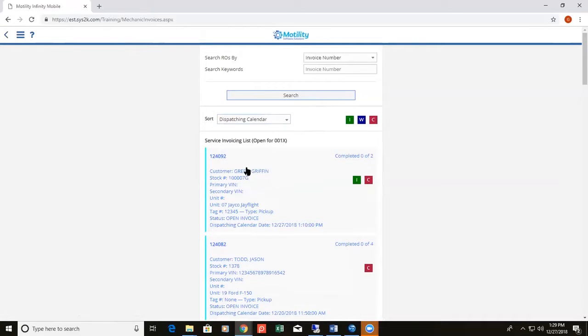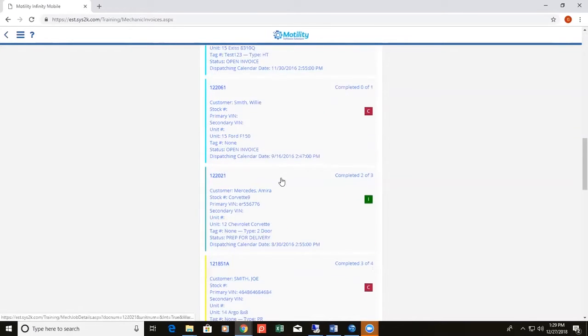The most recently assigned work that we just did, which was probably dispatched right this very moment, was our work order for the winterization and the inspection. Depending upon the sorting, that is basically what priority you want the mechanics to work on their items. And if your shop does use our dispatching calendar, this is probably going to be the most accurate, in-order